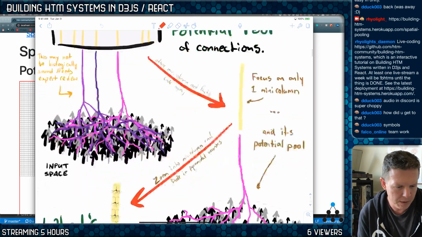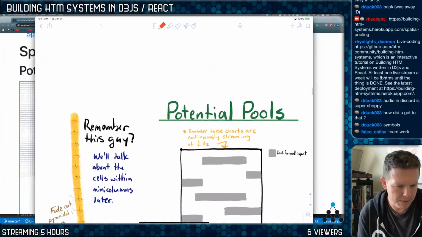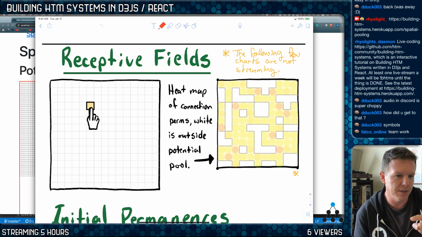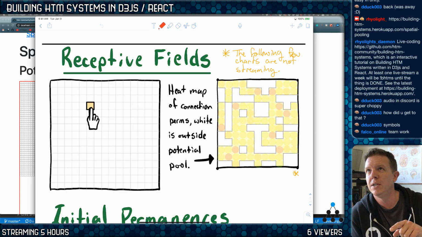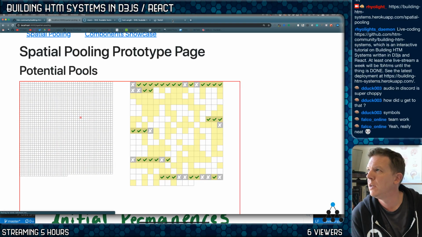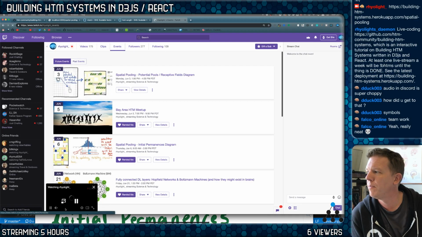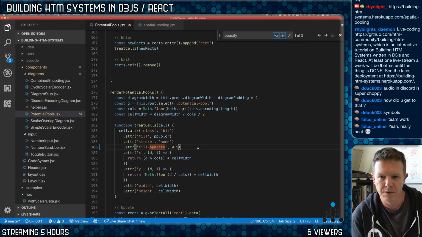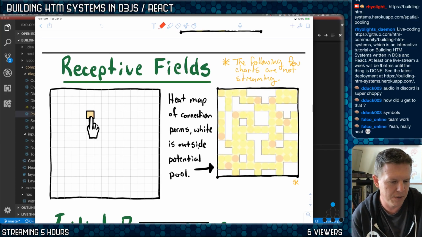For example, after this, again, this is also given a selected mini-column. We're going to show a heat map. This is where we get into permanences. So the next session of BHTMS, which I think will be Thursday. I think I already have this scheduled, don't I? The next one is going to be the initial permanences diagram. That's a little bit premature because I've got to do this bit of the receptive field here. This bit. Before we do initial permanences,